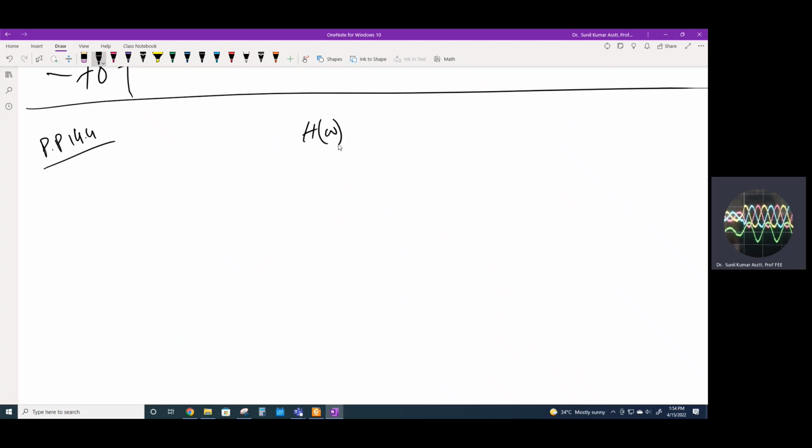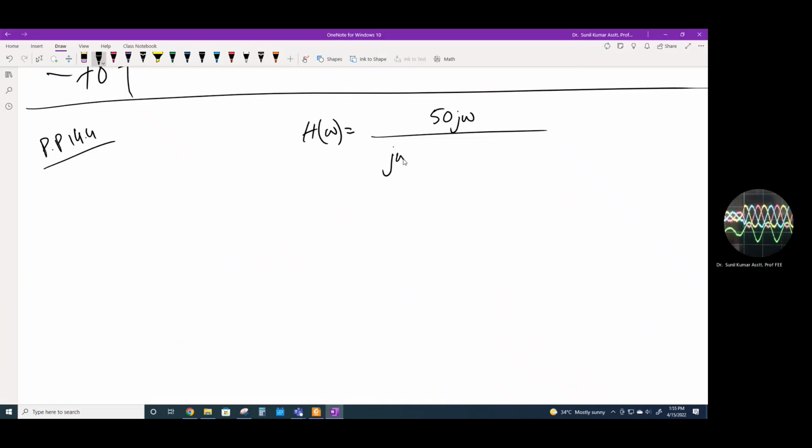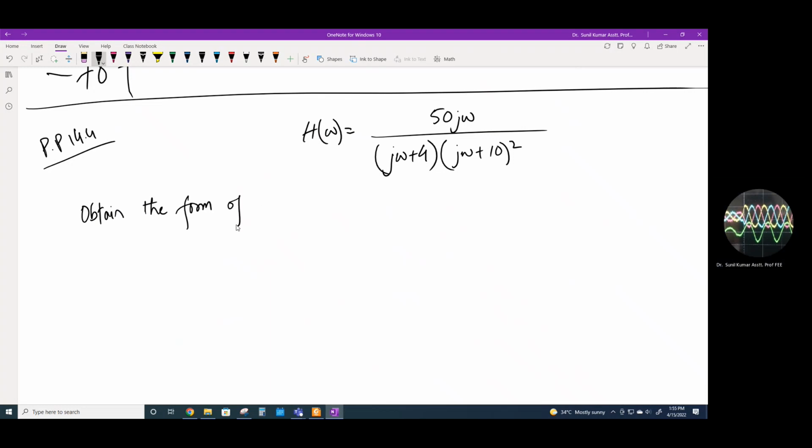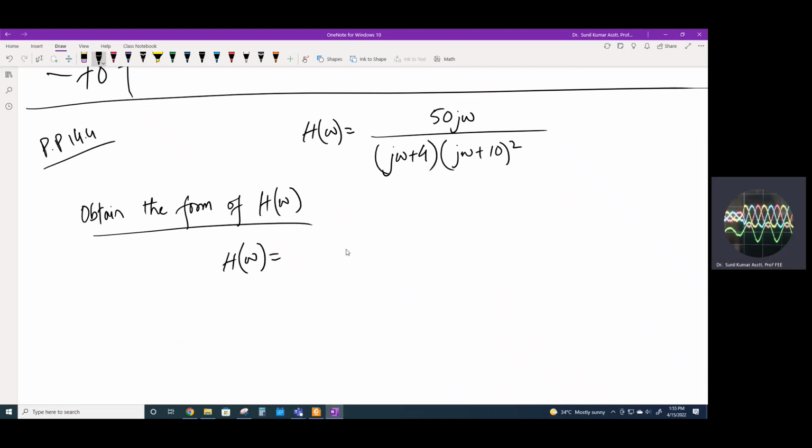In this case, H of omega is 50 j omega over (j omega plus 4) into (j omega plus 10) squared. Again, we need to obtain the standard form, which is given as